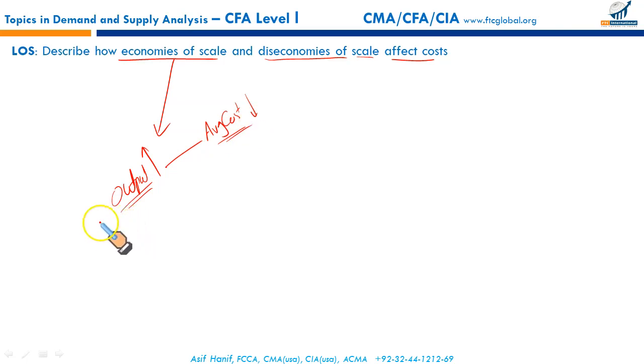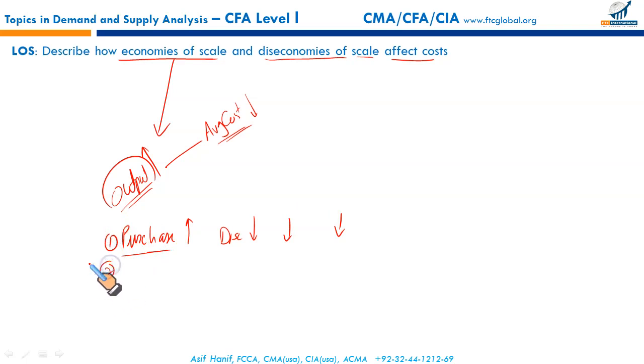First and foremost is what you call the purchasing economies of scale. When you buy in bulk, because you need to produce more, buying more in quantity, it will attract bulk purchasing discounts. So because of discounts, your cost of purchase will fall. This will reduce your cost of production. Hence, your average cost will fall. So buying in bulk will reduce your purchasing cost, hence your average cost. This is called purchasing economies of scale.